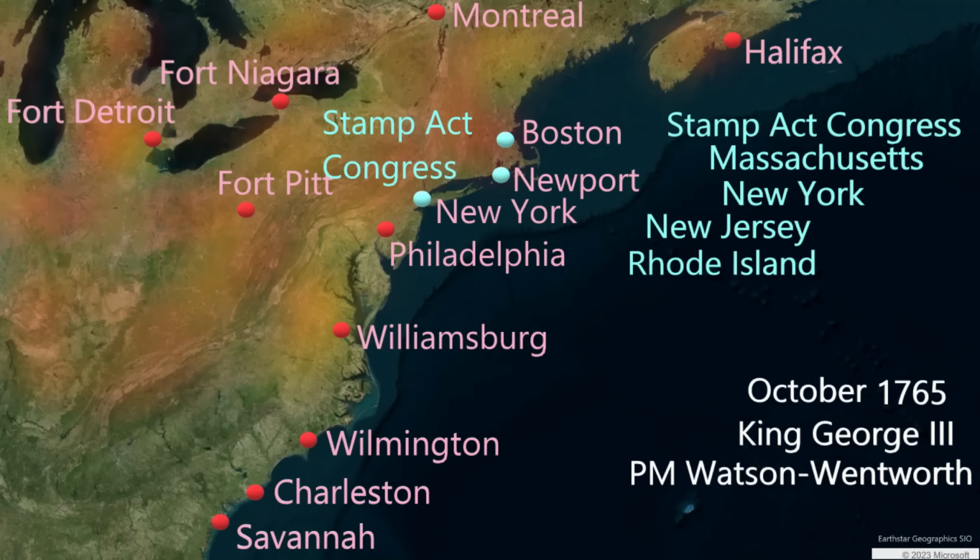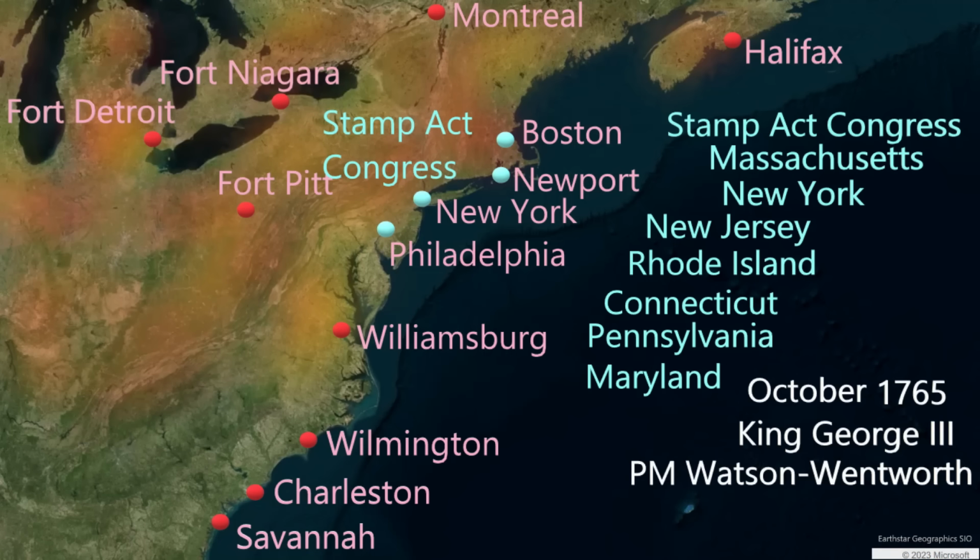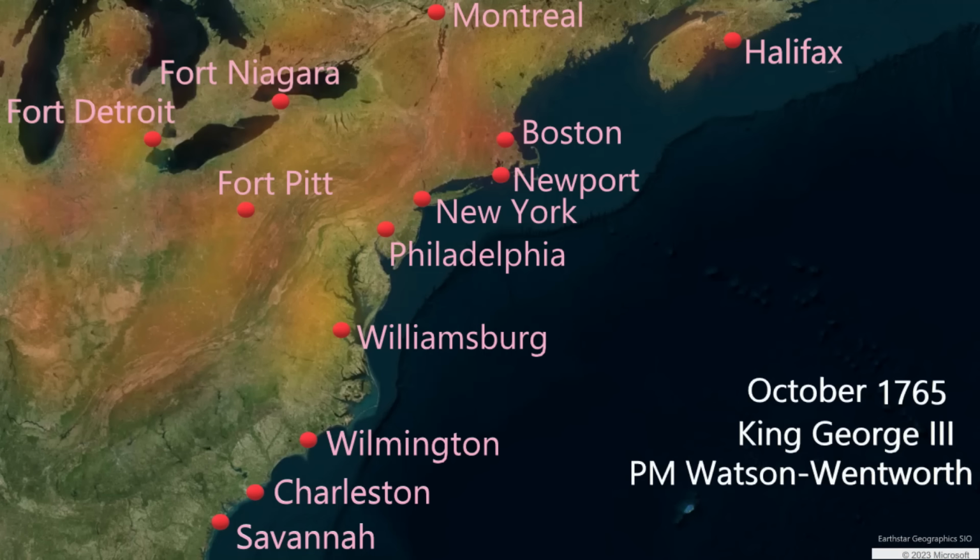British North America has dozens of colonies stretching from the Caribbean to Canada. The Stamp Act Congress contained delegates from 9 of these colonies. It's the middle colonies between the Caribbean and Canada that are emerging as the most resolute and organized in their opposition to taxation. In certain colonies, like Virginia and North Carolina, the governor refuses the legislature to participate.